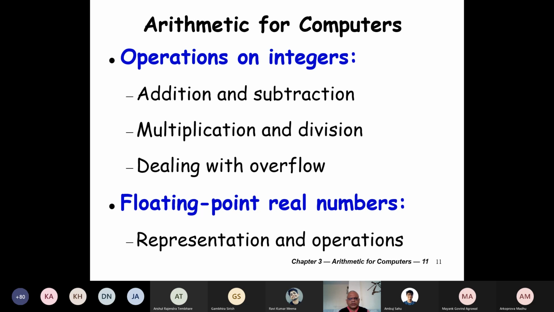And also we look at floating point real numbers. How are they represented? That's the first thing. We'll look at the IEEE floating point standard used in every computer.